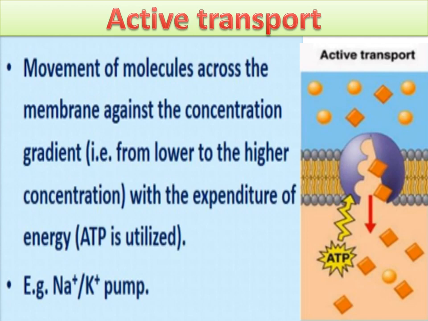Here for the active transport, pumps are present in the plasma membrane. Okay, the term pump is used for the proteins which are transporting the substances from lower to higher concentration, right? Here in the diagram also you can see active transport. On one side of plasma membrane molecules are present in lower concentration, and from that side only with the expenditure of energy these substances are transported to the other side of plasma membrane.